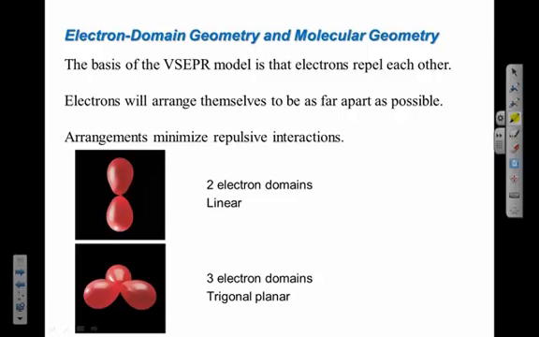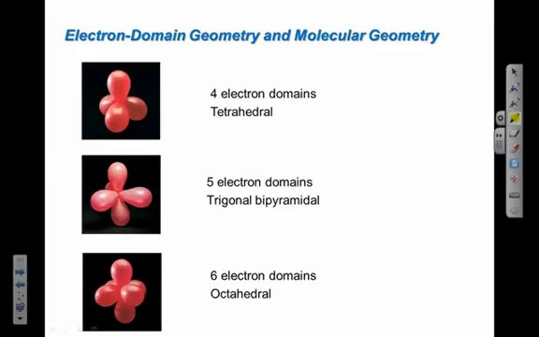So when I have 3 balloons and I connect them all at the end, then I get a trigonal planar geometry. And when I have 4, I have what's called a tetrahedral. Right, so this one's a little tricky because it is 3-dimensional. When I have a tetrahedral, so we're not going to worry too much about 5 and 6, but when I have a tetrahedral, I can put 2 of the groups, so if this is my central atom, I could put 2 of the groups in the same plane as the paper. 2 and only 2. I can never have more than 2 groups in the same plane when I have a tetrahedral. If I have 4 total groups or 4 total electron domains and they're repelling and spreading out as much as possible,